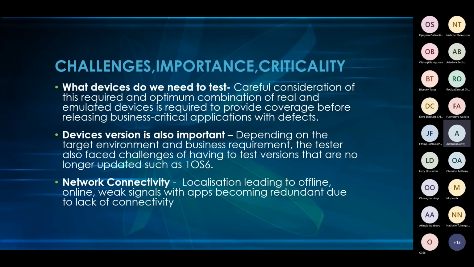If as a tester you are asked to test an app that everybody will be able to use, you should know that this area always has network issues. So what can you do? Because it becomes a challenge, and it's critical, because your company is losing in that area because they don't have network. So you should be able to